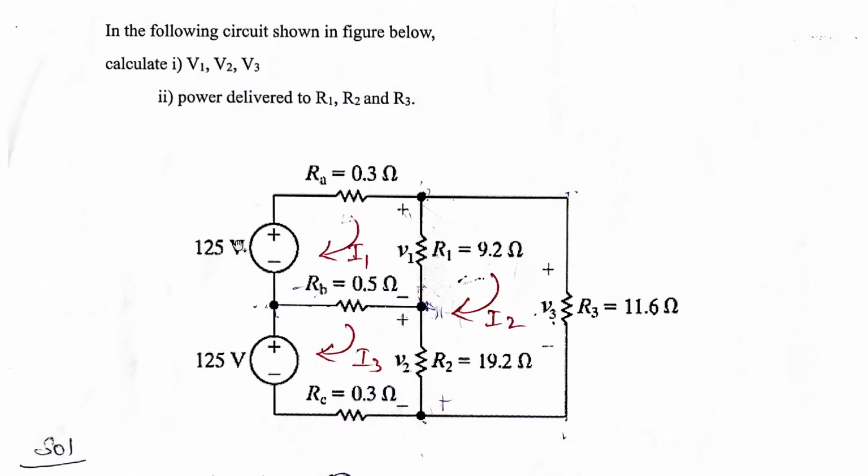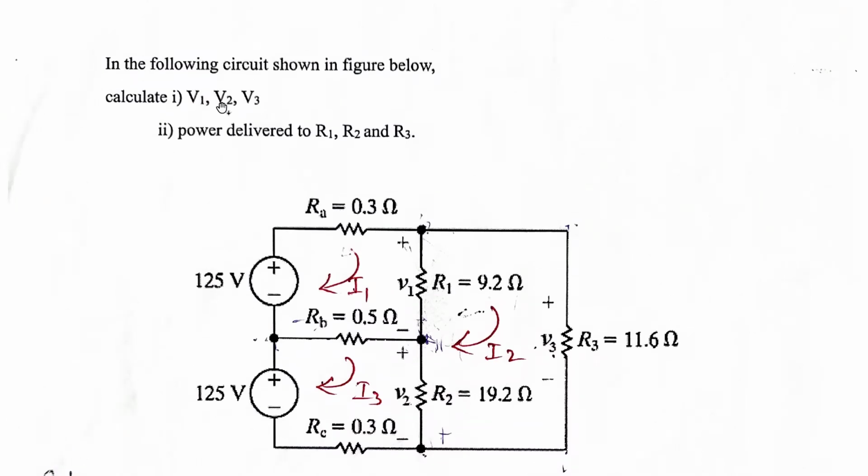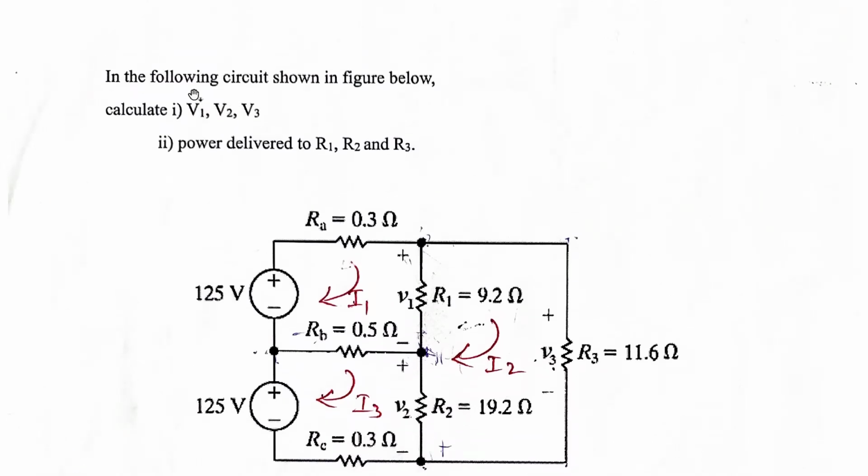for solving. So here you see the voltage source 125 volt is there. Here also 125 volt is there. So here resistance and here. What they are asking is we need to calculate what is this V1, V2, and V3, and also power delivered to this resistance R1, R2, and R3. Here three resistances are there, R1, R2, and R3, and here also three resistances are there, RA, RB, and RC. So for this we need to calculate the voltages V1, V2, V3, and also the power in R1,